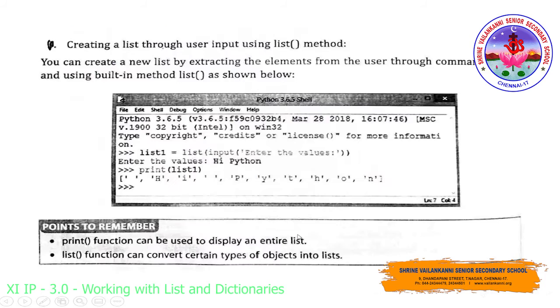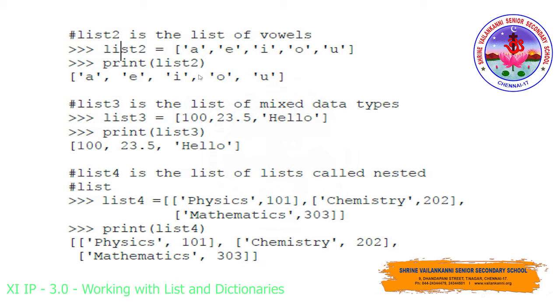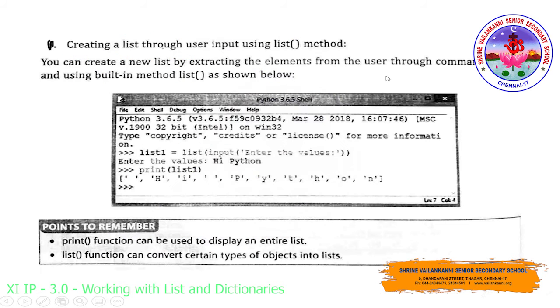Got it? And now let us see how to create a list by using the list method. It is not that you have to always create a list with the help of square brackets followed by the elements separated by commas. Even it is also possible to create a list by using the list method. So this is the syntax for the list method, list parenthesis. So by using this method also we can create a list. See here what they have done. This is a built-in method actually, this list parenthesis.